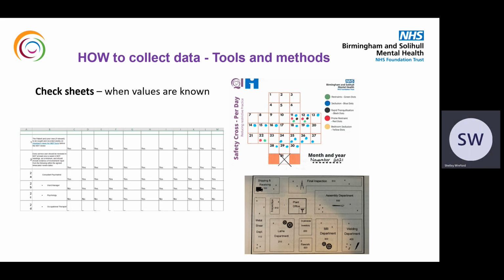Check sheets are simply forms for recording data from a project or process in pre-established categories when values are known. Check sheets can be used to check off whether something has been included, happened, or if an error has occurred. For example, safety courses, maps of areas, process lists. Whether these checklists are held on paper or on Excel, it doesn't really matter, though visible paper checklists can be a great way to communicate what's happening in real time with a wider team, whereas records kept in Excel can be easily turned into run charts.